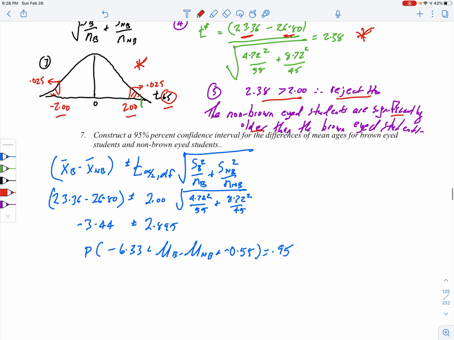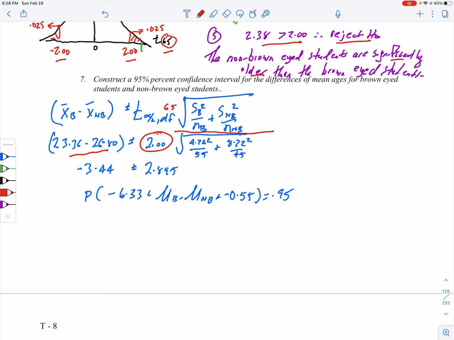Confidence interval looks like this. This is just a standard kind of confidence interval where we've got the differences of means. Here's your critical t value used in the confidence interval. Remember that you're using 65 degrees of freedom here, and then we've got these guys here. Okay, so we stick those in, and we get the differences of means is minus 3.44 plus or minus the